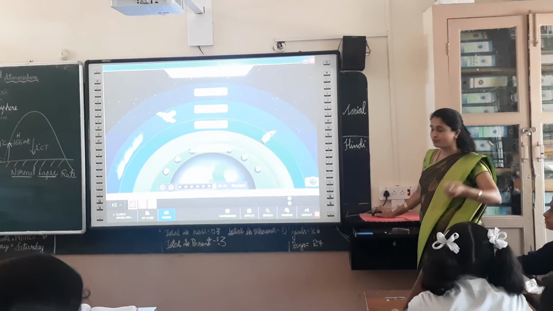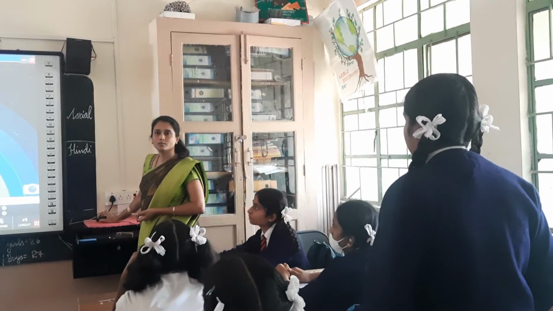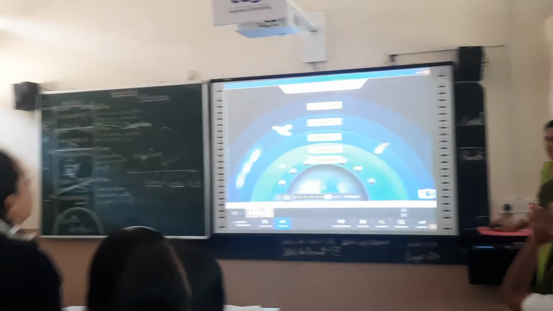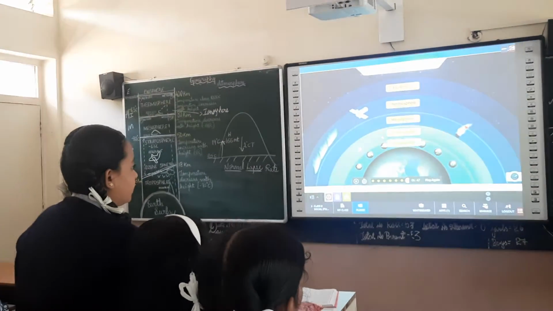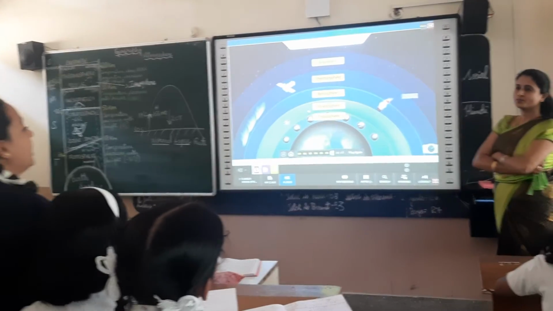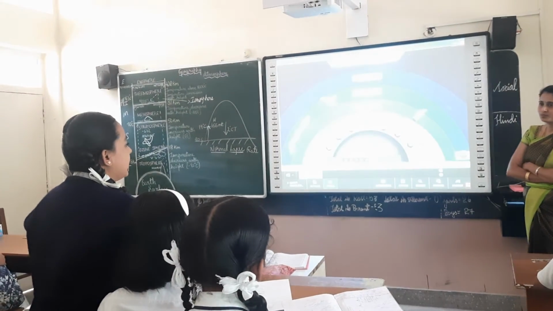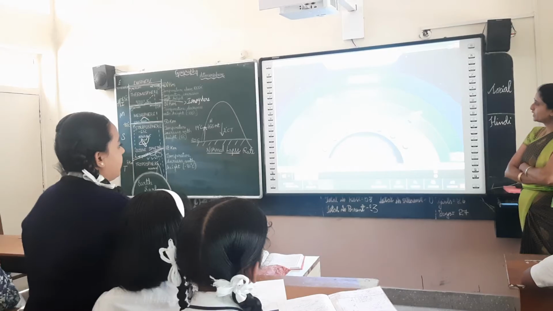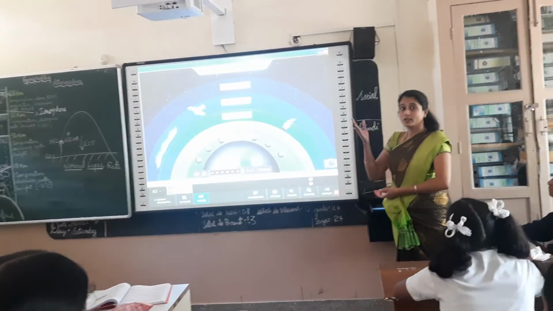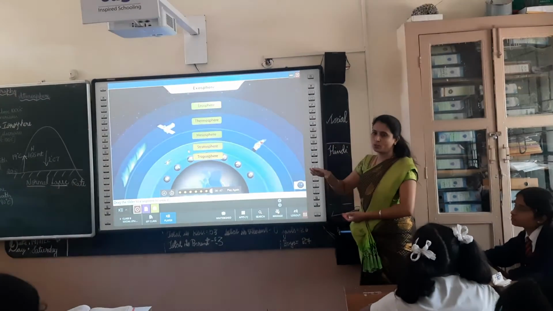Where can we see the presence of ions? In the thermosphere. What is the use of the ions in the thermosphere? It will send the radio waves through the artificial satellite to the signals on Earth's surface. So with the help of the signals which we receive through the artificial satellite launched in the thermosphere.